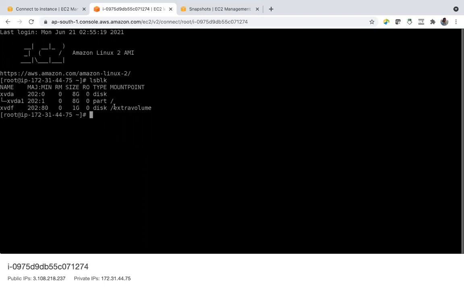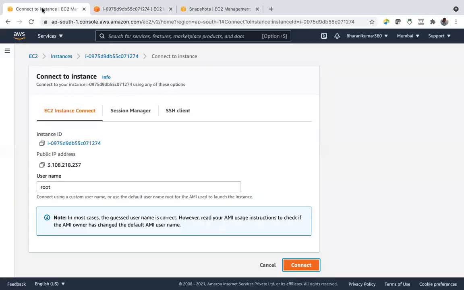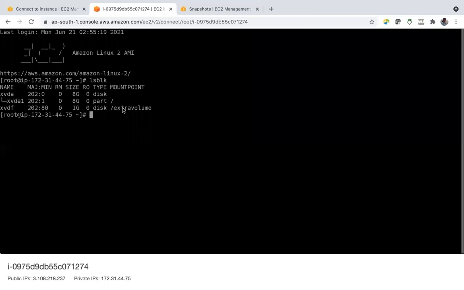Which I took AMI, and also on every reboot, we want this. So we have made an entry also in fstab file. And now you can see this is my newly created instance, a new instance, and here I have that extra volume and already mounted. Why? Because it's booted from AMI, Linux server AMI. And this is one thing, and also HTTPD is there in that server. I'll say service start HTTPD.